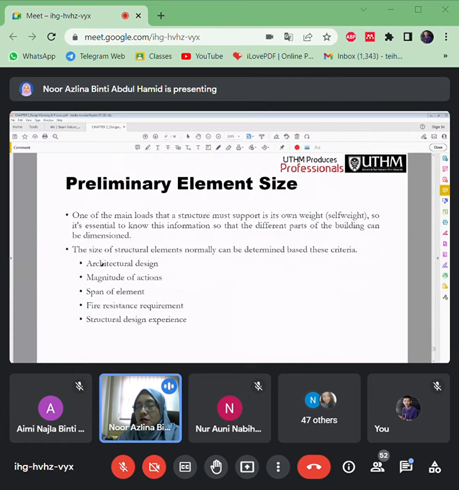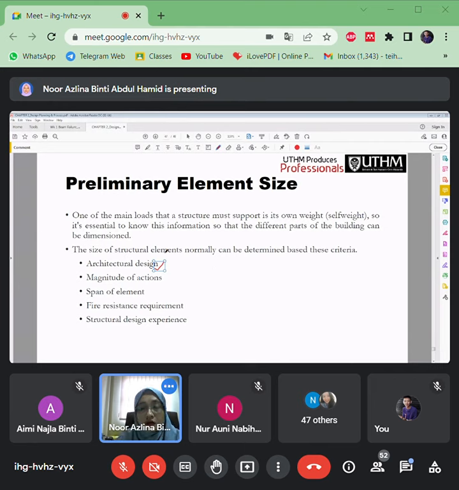So this is all the preliminary element size that we have to determine. Of course, from the architect's design, the size we refer to the architects, we refer to the drawing, we refer to the proposal from the architects.